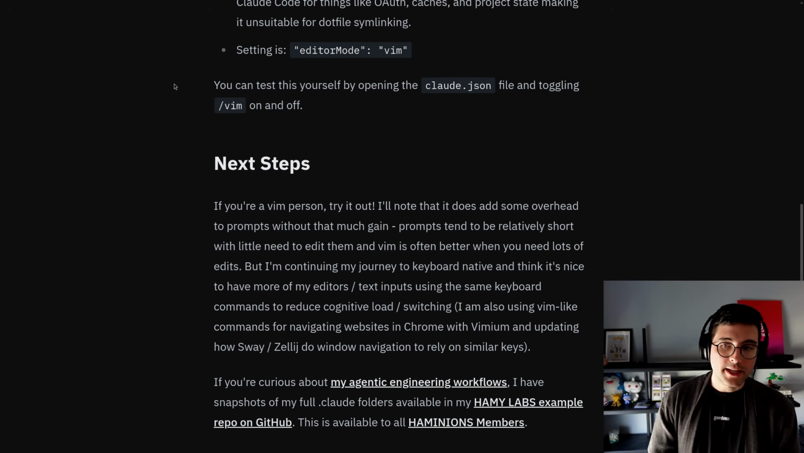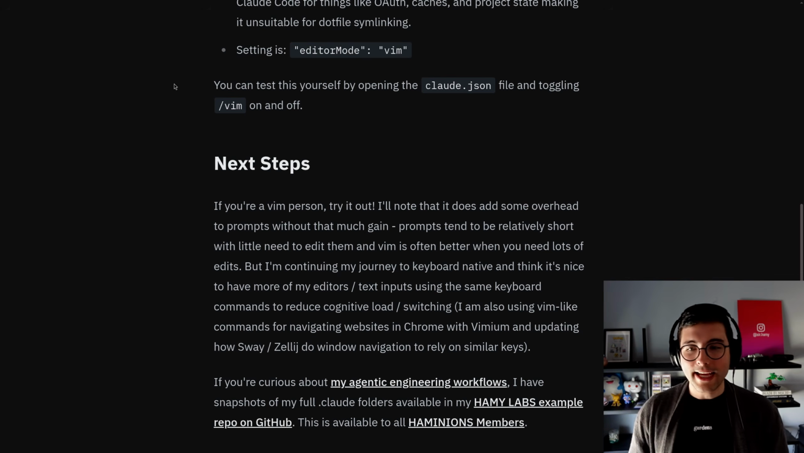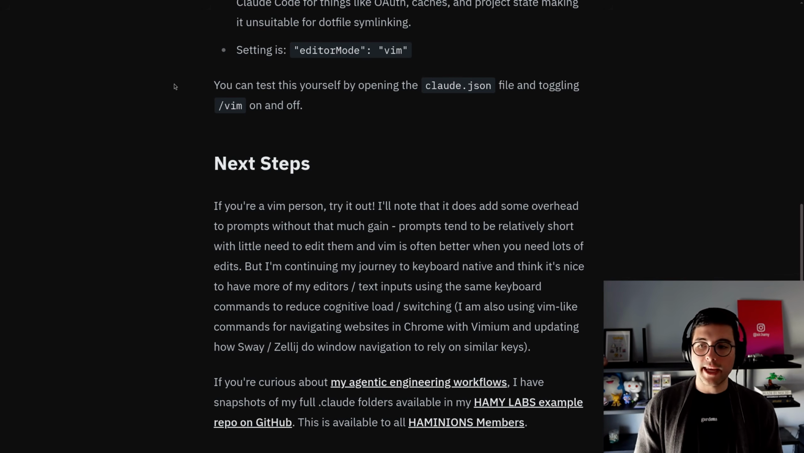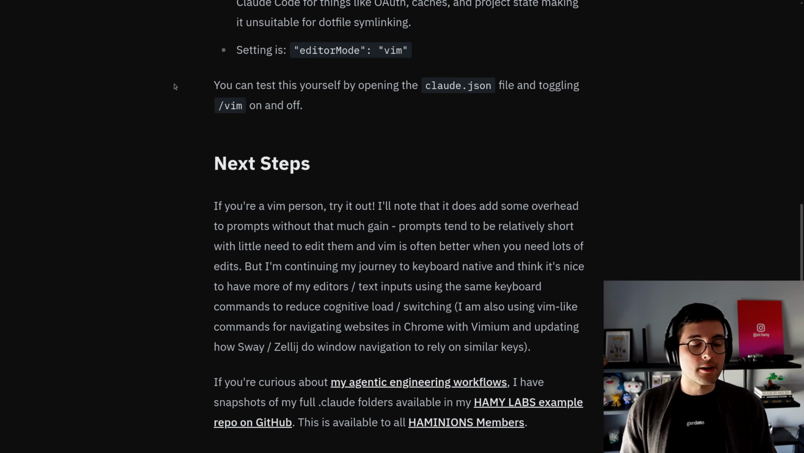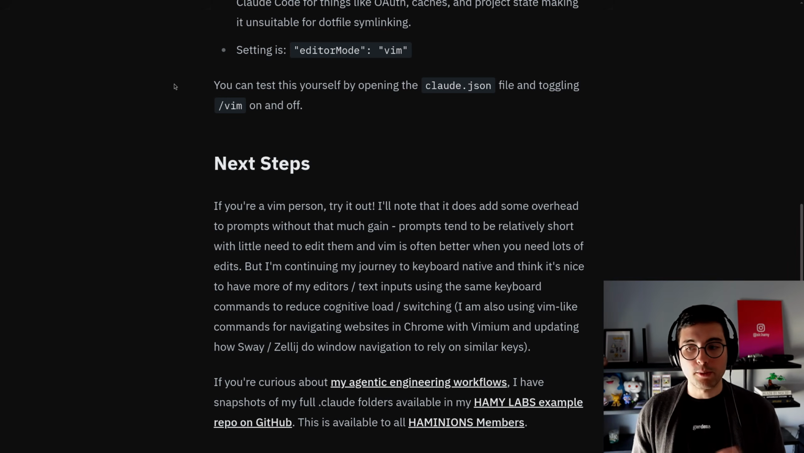So, next steps. If you're a Vim person, I think you should try it out. I'll note that it does add some overhead to prompts without that much gain. I think prompts tend to be relatively short with little need to edit them, and Vim is often better when you need lots of edits and you're always on the keyboard, and that's where the speed gains are. But I'm personally continuing my journey to keyboard native,